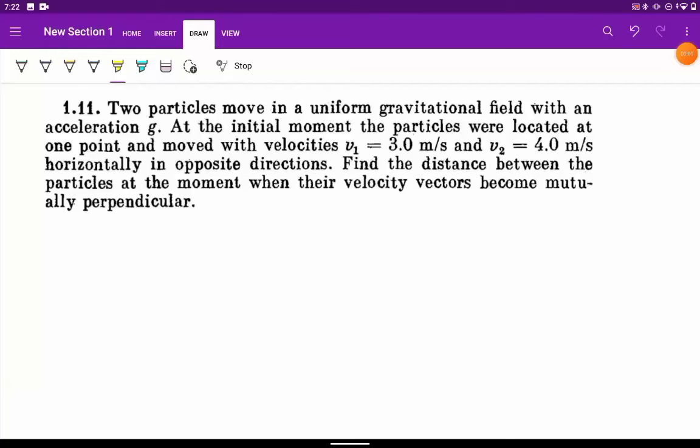Okay, so let's consider this problem where there is a gravitational field, and it also requires some knowledge of eigenvectors. Two particles move in a uniform gravitational field with an acceleration g. At the initial moment, the particles were located at the same point and moved with velocities of magnitudes v1 and v2, horizontally in opposite directions. Find the distance between the particles at the moment